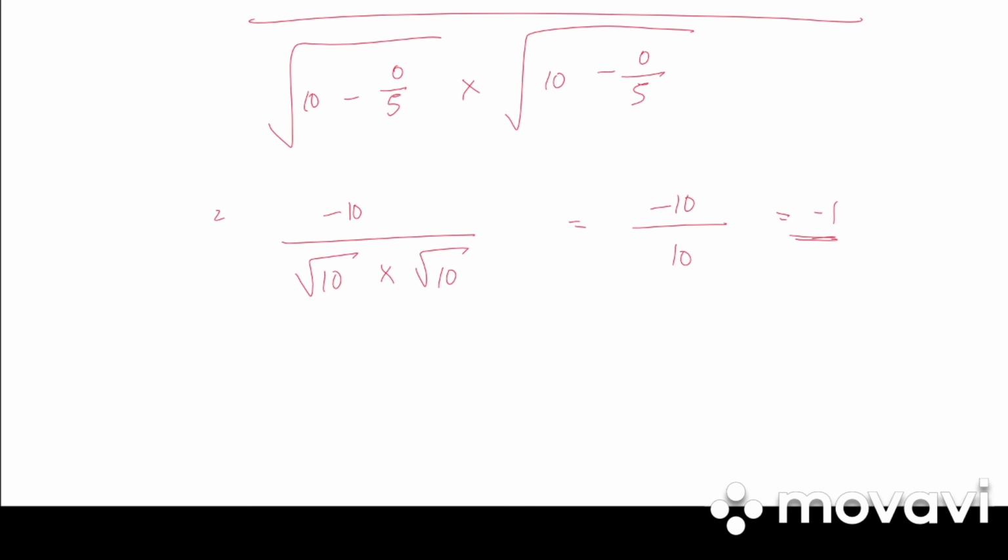So what are the properties of the correlation coefficient? First one, R has no unit. So R is a very pure number, which means that units of measurement are not a part of it. Units of measurement means 1 kg, 2 kg. So units of measurement is not a part of the coefficient of correlation.